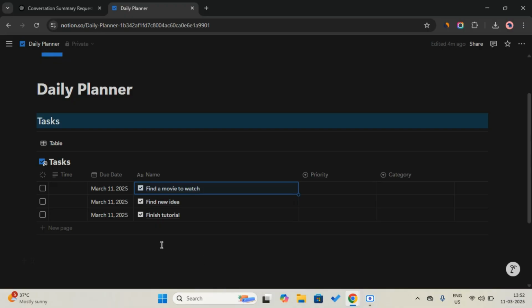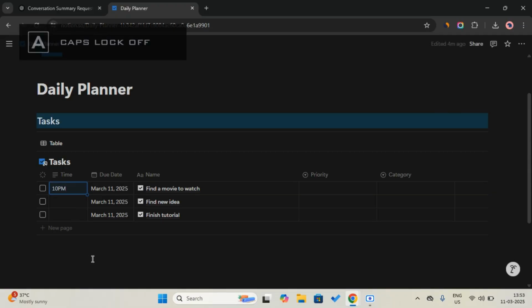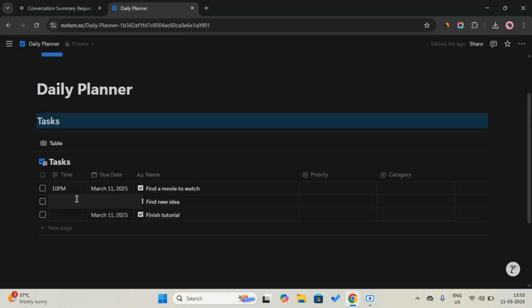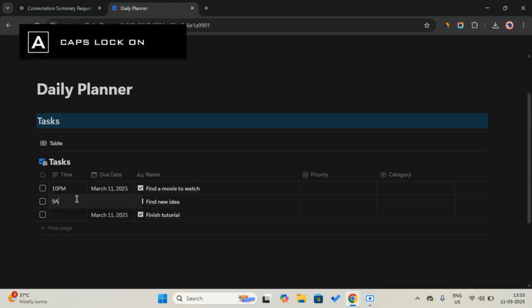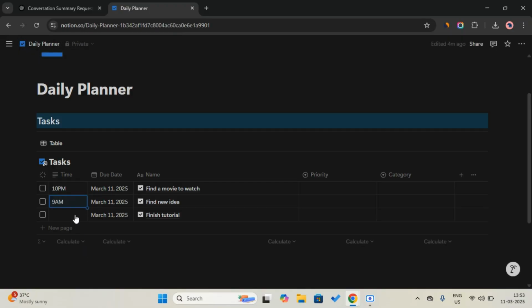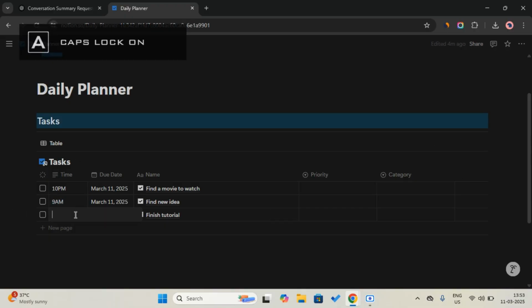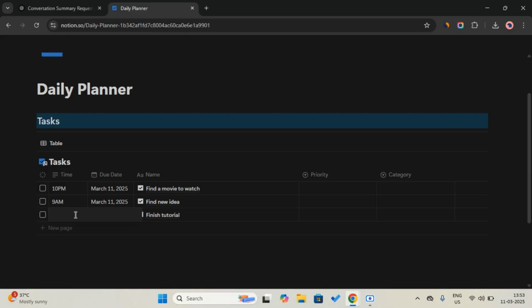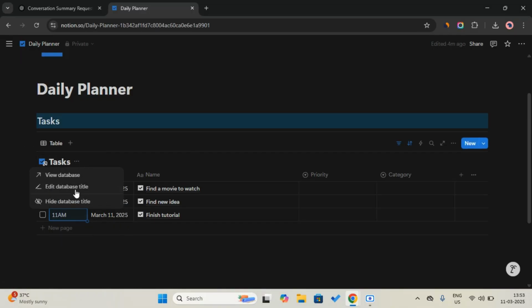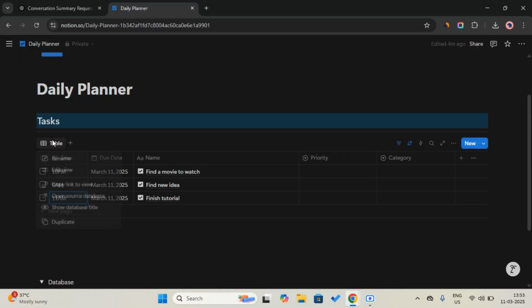We can also add a time, like 10 p.m. Find idea at 9 a.m. Then finish tutorial will start at maybe 11 a.m. Now I will hide this title and change this table name to